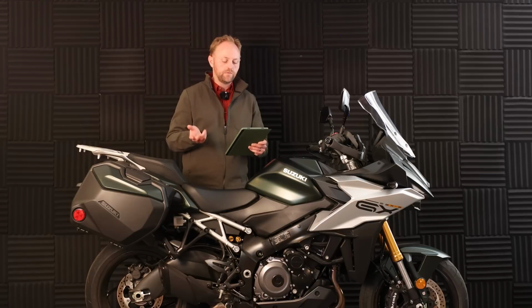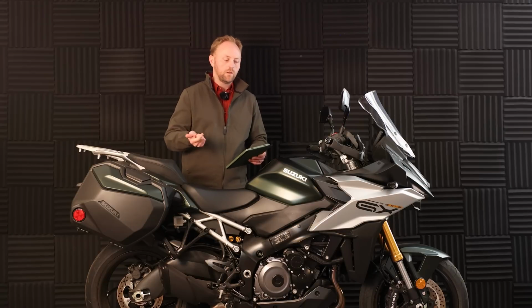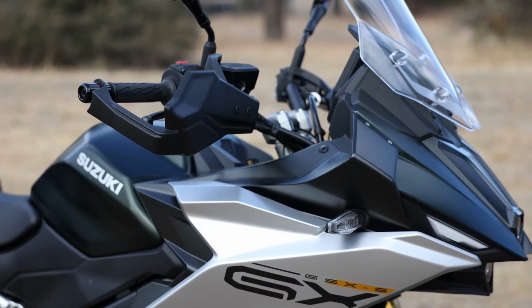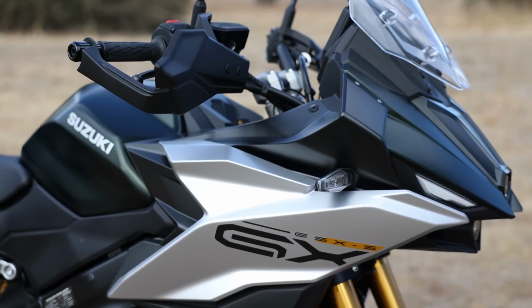That's a very, very nice feature. You can also manually set the preload to one rider with luggage, and then 2 riders. And we'll talk about what I found with that preload here in a little bit. Now the suspension is dynamic, so just like on all the other premium bikes with dynamic electronic suspension, it has